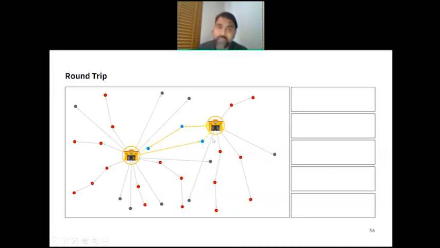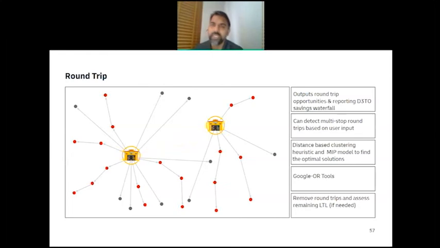How this helps is even if these deliveries are being done by common carrier, still by giving them a route like this, which reduces empty miles, you can actually negotiate a better price, right? And again, for this solution as well, we use multi-threading, multi-processing. We used Google OR tools in this case, and at the end, once you're done with this, you're left with